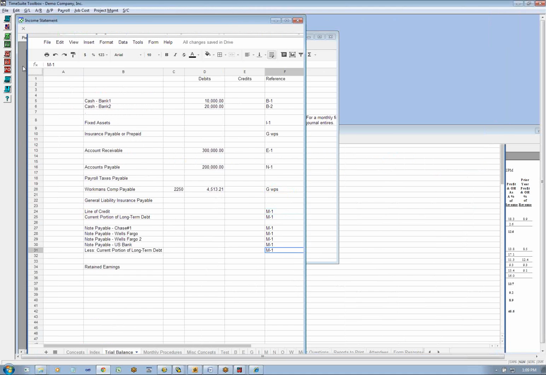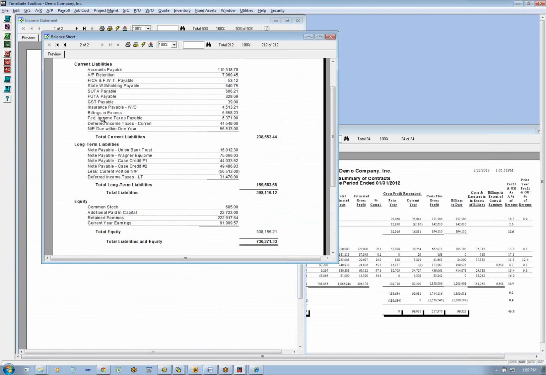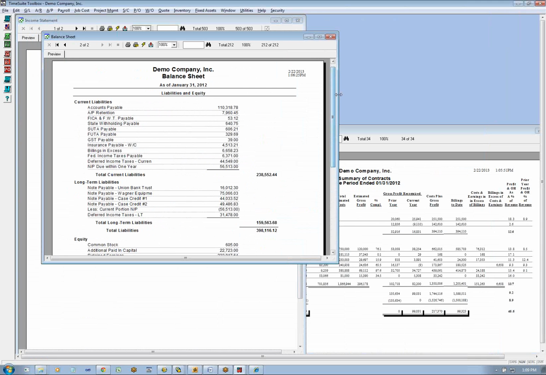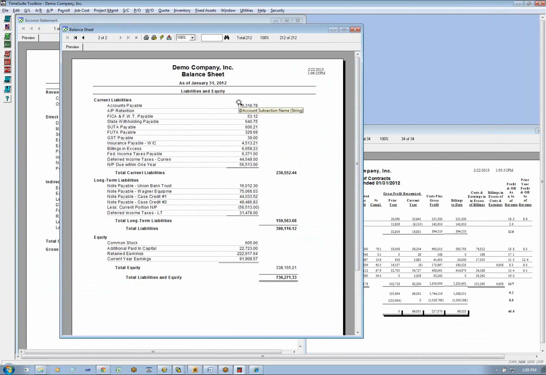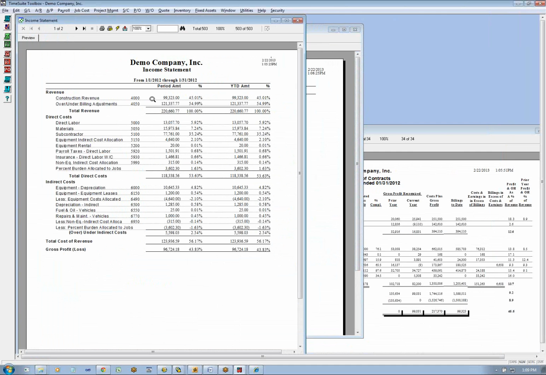Okay, so now we've done everything generally that you'll come up against except for the over-under billings. So what are over-under billings? If you take Principles of Accounting 1, the first accounting class in college, probably the first week they tell you about a concept called the matching principle. The matching principle is if I send an invoice out and my related costs are not in there, you're not matching. If I have costs but I don't send the invoice out, then I'm not matching. If I incur costs and I bill it, then I'm matching.